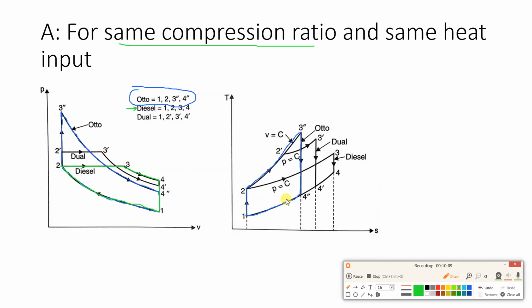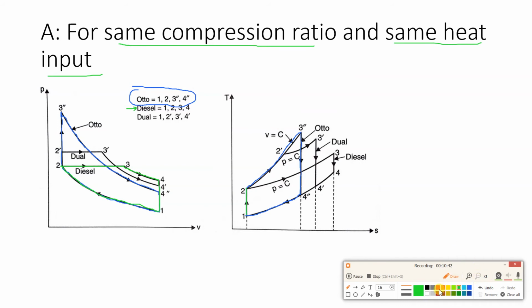Now we will follow the diesel cycle on the TS diagram. Here the things are very important. So understand how and why we draw the diesel cycle in this way on the TS diagram. What is the first condition? Same compression ratio. So 1 to 2 will remain the same for the diesel cycle. Then here it is important to understand what the next part is: same heat input, very important.